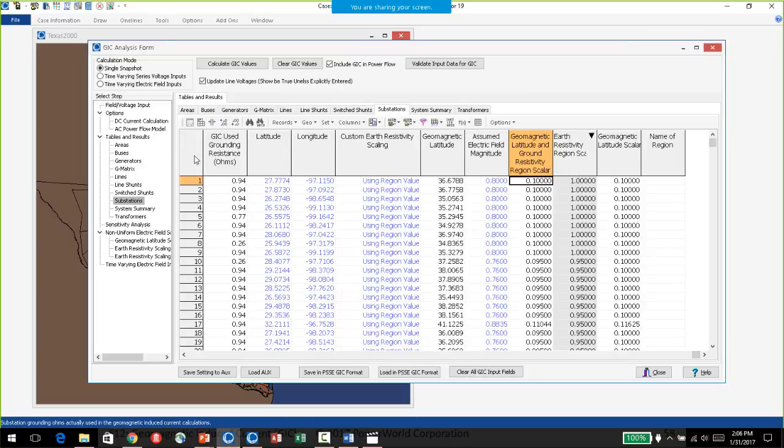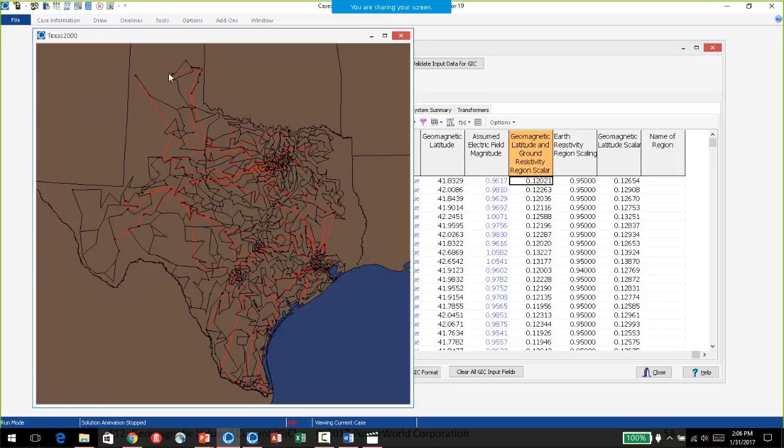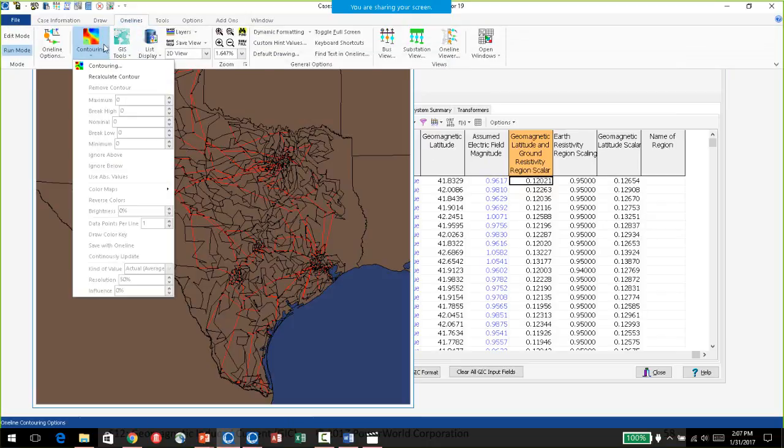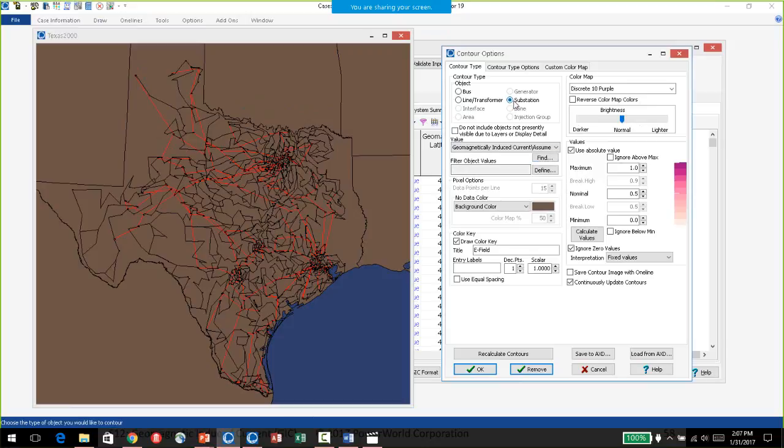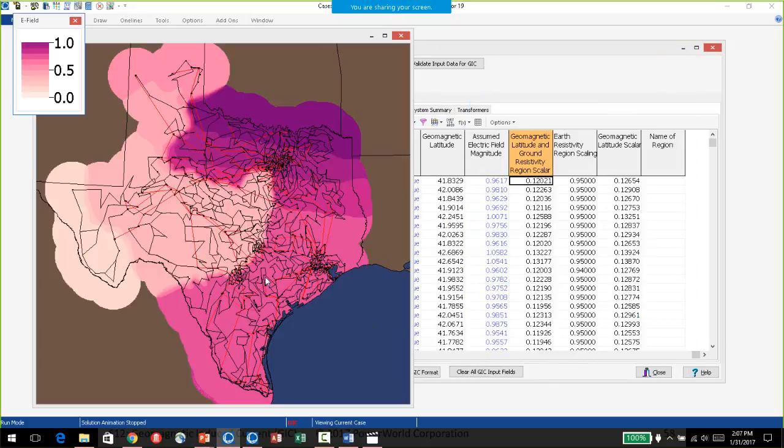And if you have the one-line diagram that we do here, actually visualizing it with a contour is more effective sometimes than looking at the table. I can go to the one-line contouring right here and pick the substation field of the assumed E field. It's already ready to go. Just click OK on that, and it contours.